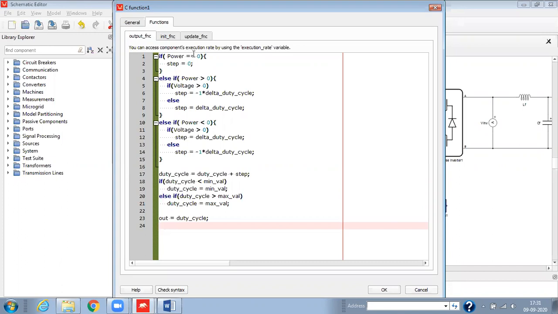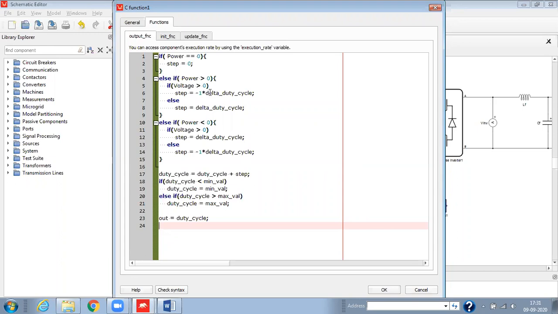in the PV curve you can see the maximum power is achieved when the change in power with respect to change in voltage is zero, that means dP/dV equals 0. For that, the same condition is defined here, and we are using that condition.